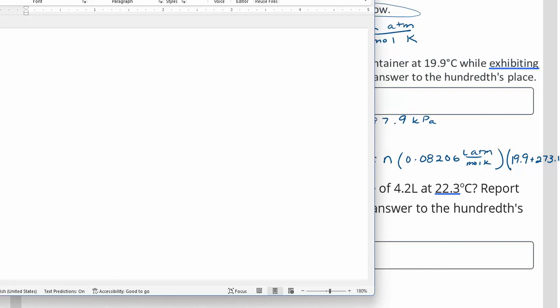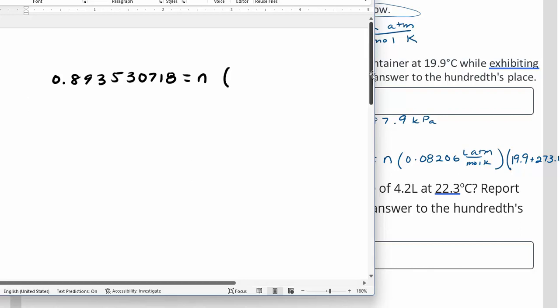So the left side of my equation becomes 0.89353. I'm going to give you all of the digits here so you can double check your problem solving as well. And that's going to be equal to n times, so I'm going to take my R value and multiply it by my temperature. So when I add 19.9 to 273.15, I get 293.05, and I'm going to multiply that by 0.08206. So the right side of my equation is n